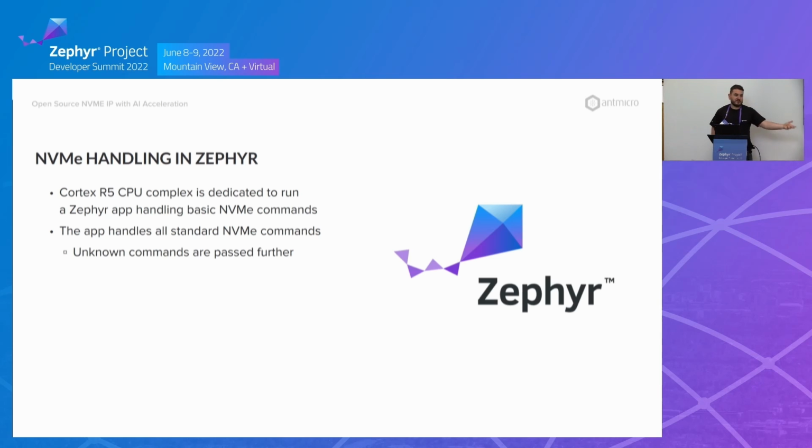Once you use Zephyr, it's pretty straightforward to add additional things. So Zephyr it was, yeah. So Zephyr it is right now, and that was the correct choice there. But since we have the configurable part, the FPGA part, we